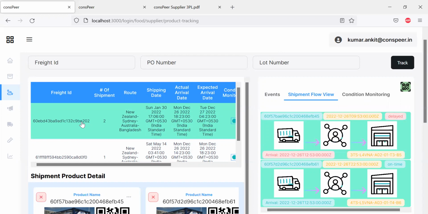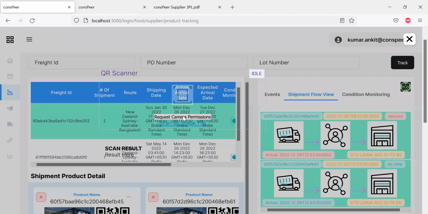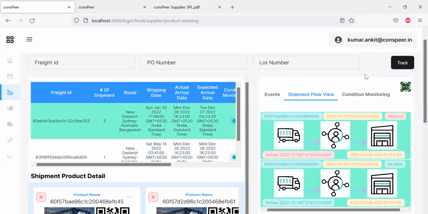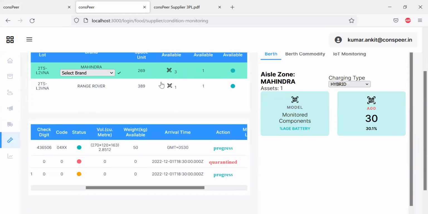So how should we be doing? So we selected this one, and then we click on this one, okay? So what happened is, from here you scan the QR of the device. So how it works is, if a container, if we are going to this screen, if a container,